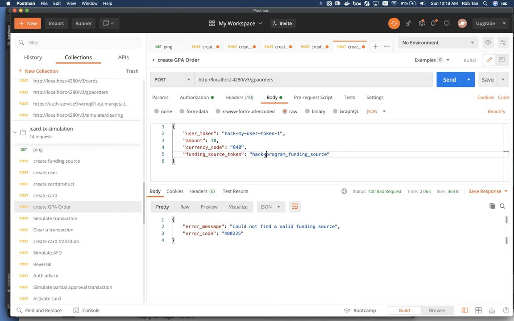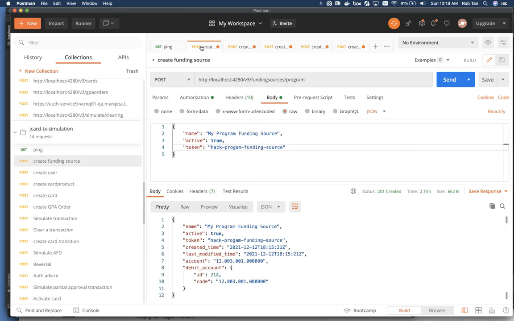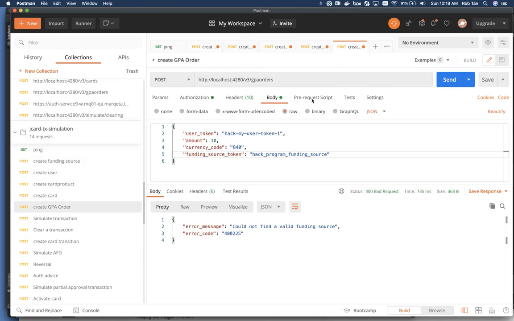Oh, sorry, it's underscore. So what was the funding source that we created? Hack program funding source. Underscores versus